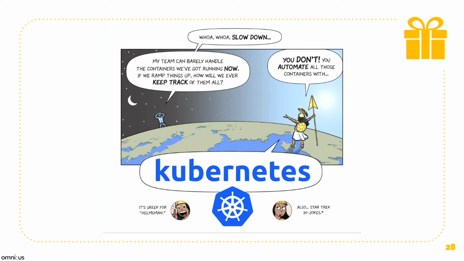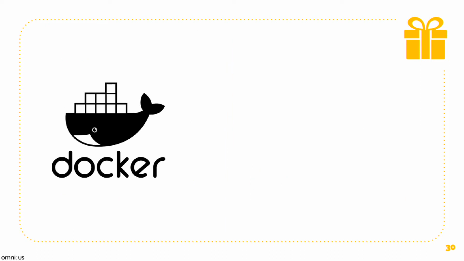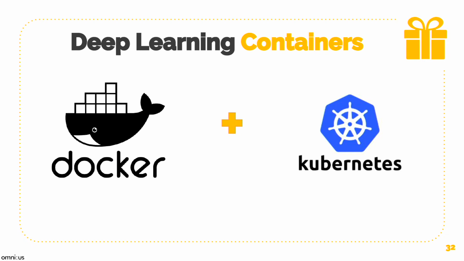So Kubernetes for us really helps in automating our containers, managing our infrastructure, and in the end, basically lets us sleep at peace on the weekends without really having to have a pager and running around to see if our infrastructure is up and if our processes are running right. Now, we have Docker containers, we have Kubernetes, we're basically taking our deep learning microservices and managing our infrastructure.